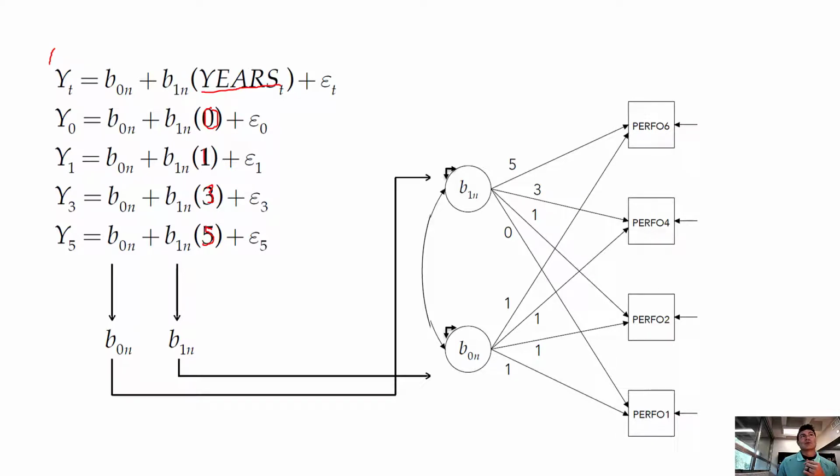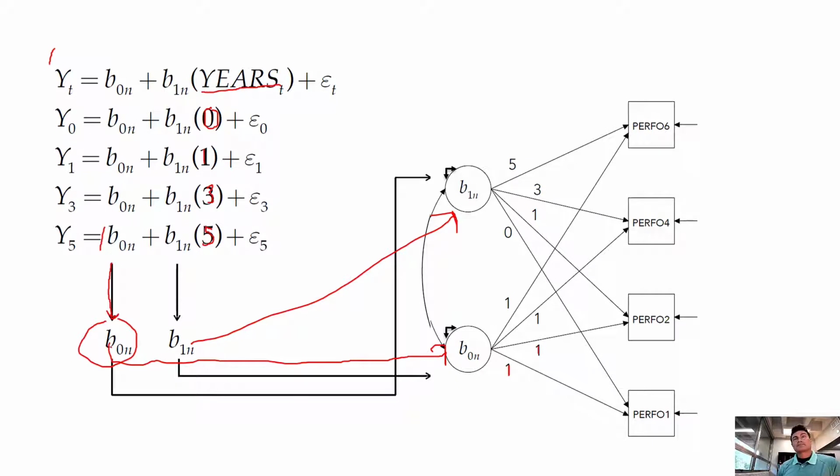with two factors. So we have an intercept, and we multiply that intercept by 1. So our factor loading would basically be 1 at each time point. So this intercept becomes a factor. And now that I look at this arrow, I have to adjust this. This arrow should point here, and this arrow should point up here. This intercept, everything is multiplied by 1. And then the slope, things get multiplied by the year.